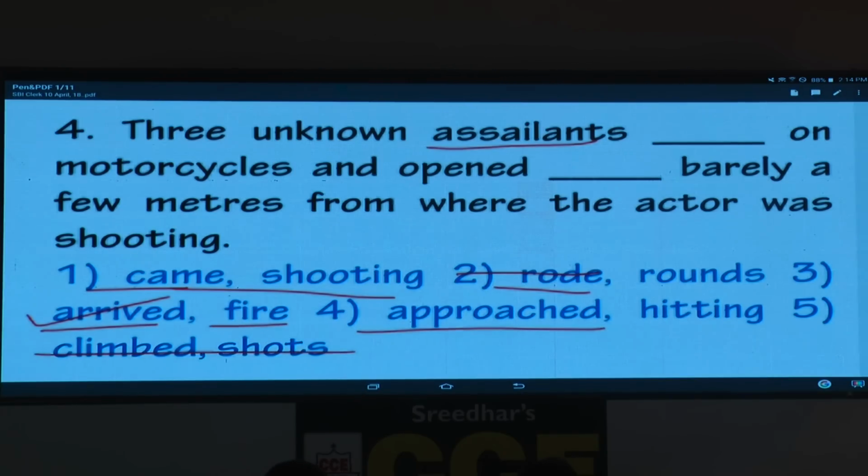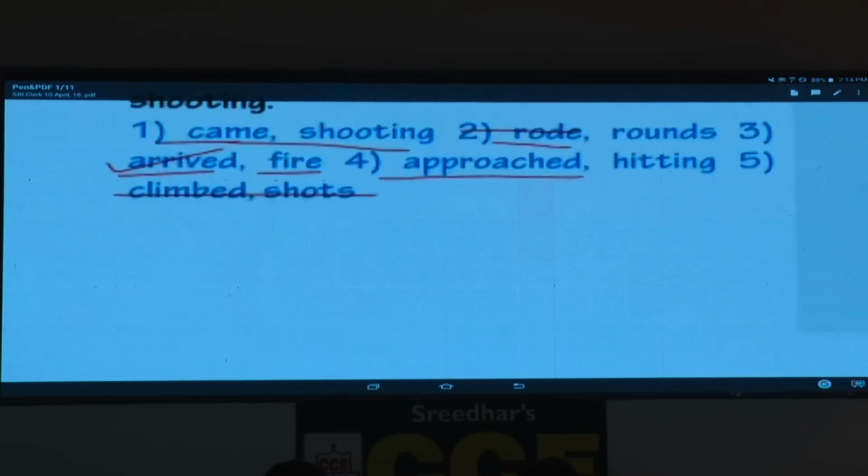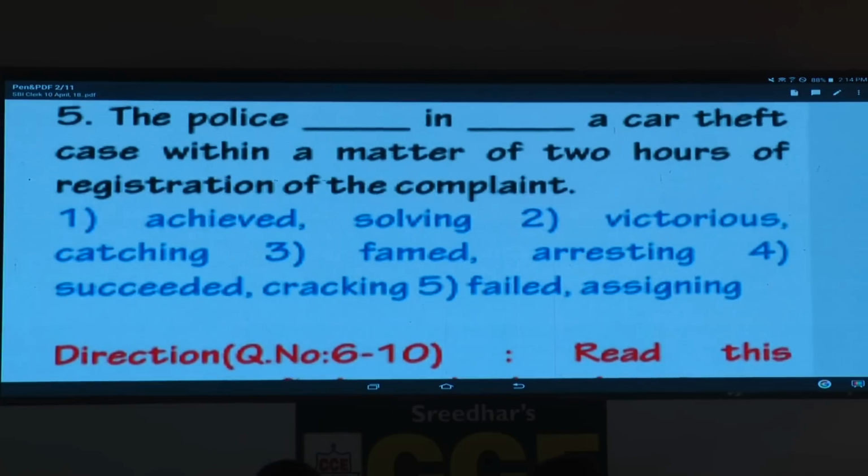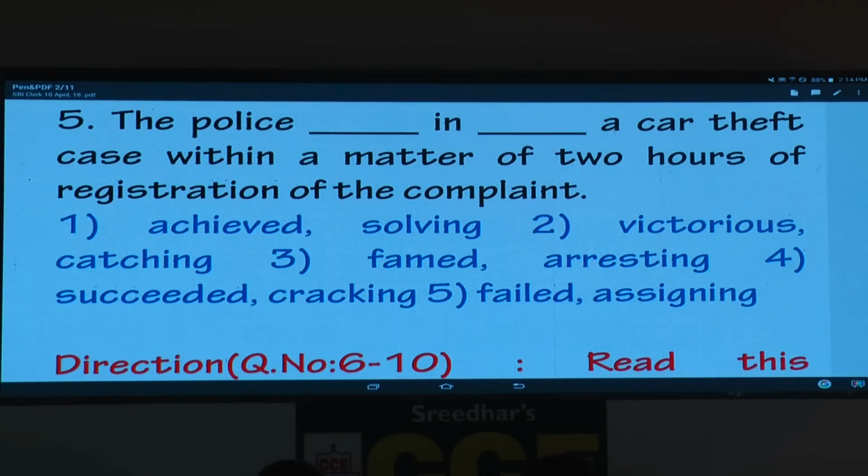See, all these sentences, I don't know how you people feel. How do you feel? Easy or difficult? No response. Those who read newspapers regularly feel very happy when they see questions like this. What is the reason? All these sentences are from various newspapers, there is no need for a second reading. One reading, happily you will go for the right answer, the right option. Now we'll see the last one.